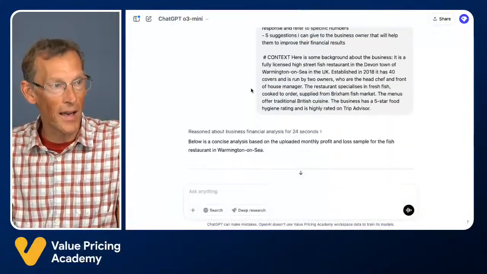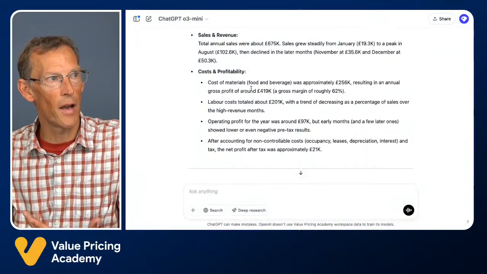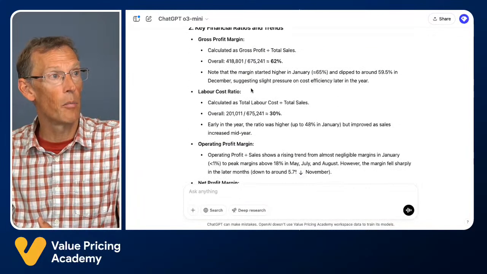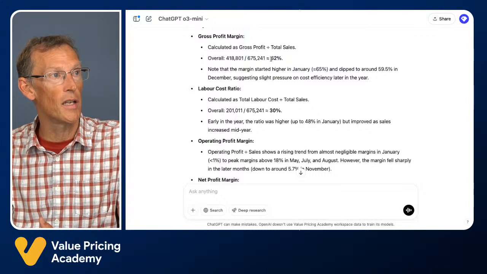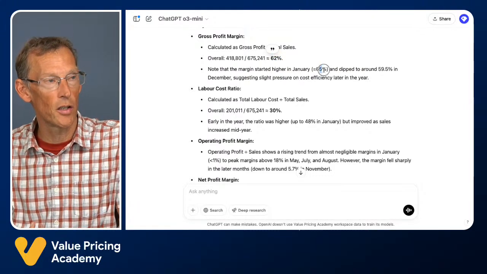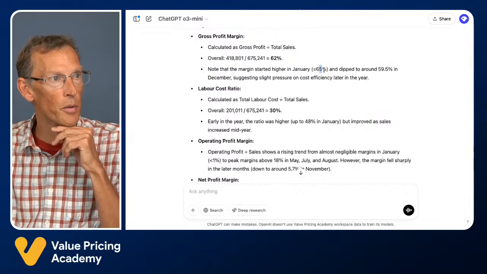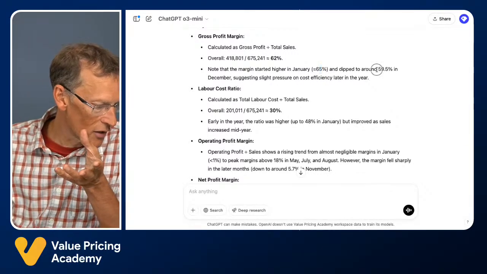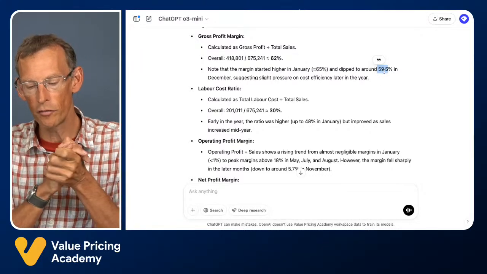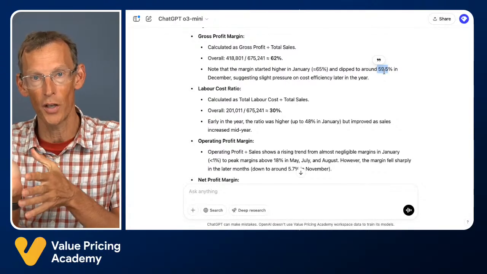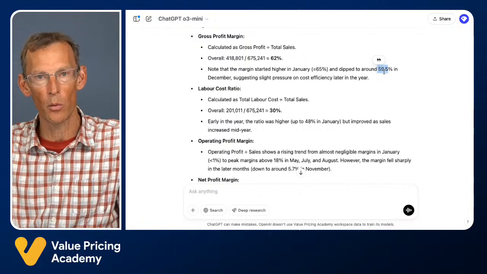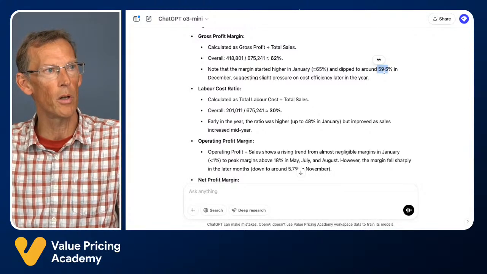And when I did that, and it went and did all the various analysis and calculations, I double checked and the numbers were correct. So for example, the gross profit margin is 62%. And it said it started off higher, at about 6. It's rounded the numbers a little bit to the nearest full percentage point, but I checked the data and the lowest point was 59.5%. So what I'm concluding from this is that when you use PDFs of financial data and analyze them, ChatGPT seems to do a really good job of understanding the numbers, doing the calculations and giving some good answers. As soon as you upload an Excel spreadsheet,